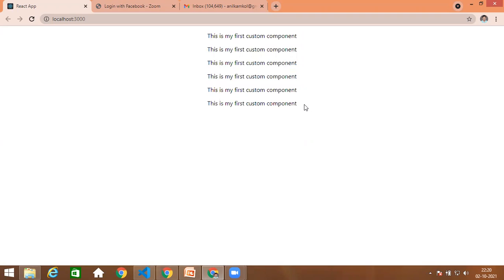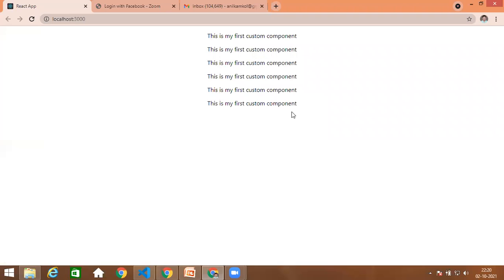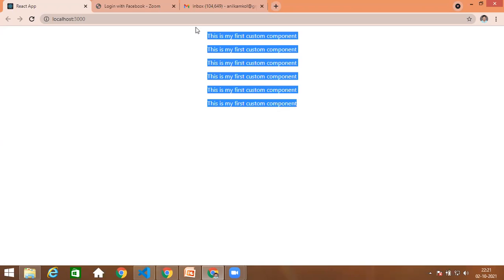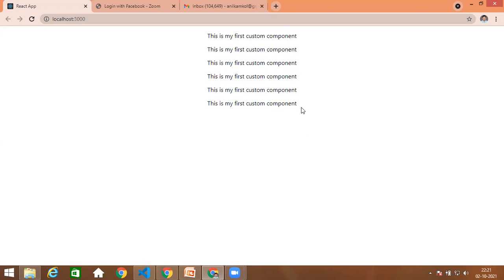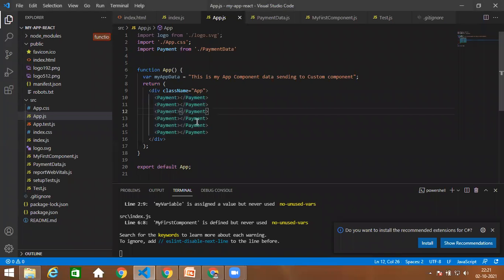So if you just think about it, if you want to write the same code in JavaScript, how much time it requires and how much code we have to write. Say for example, we have to call document.createElement of p, then we have to save it in a variable, and on that variable apply the content, then you have to do document.getElementById and read the data there, right? So those things are not at all required here. It is straightforward. You can just use this payment component wherever you need it.